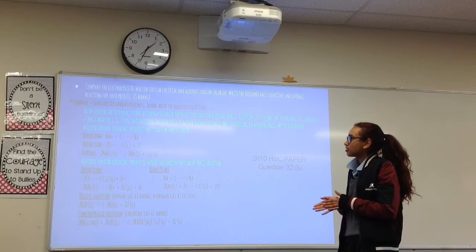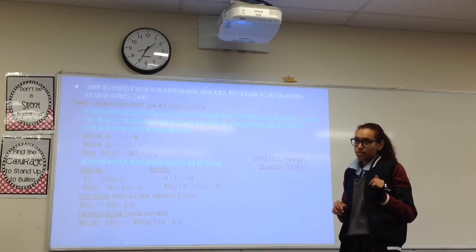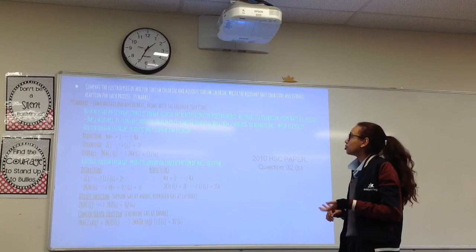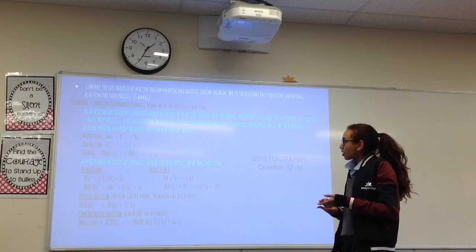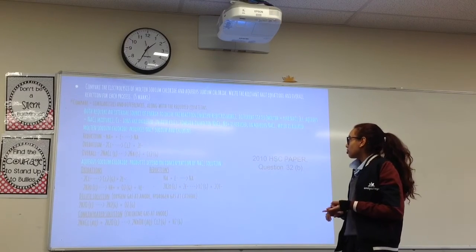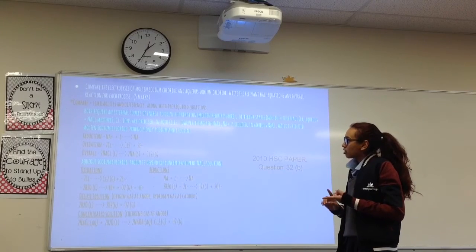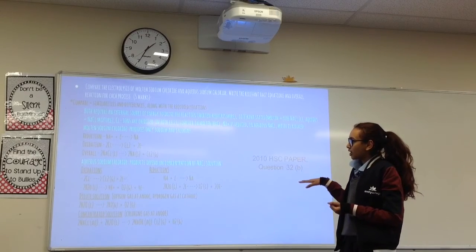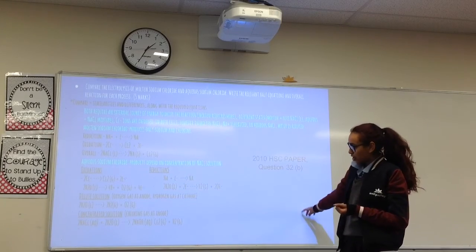So some similarities and differences are both require an external source of energy to drive the reaction. Molten, however, requires more. Different states are required, so molten you need pure NaCl in liquid form, aqueous you need it in aqueous form. Chloride ions are oxidized in both cells, however in molten sodium chloride, sodium is reduced, in aqueous, water is reduced. And then molten sodium chloride produces only sodium and chlorine, so those are the reactions. And aqueous sodium chloride products depend on the concentration of the sodium chloride solution, so depending on if it's diluted or